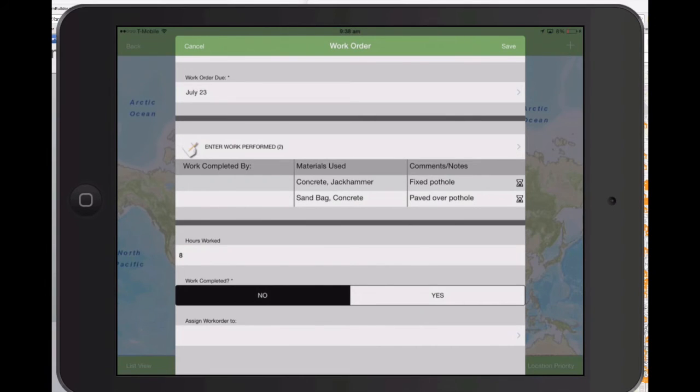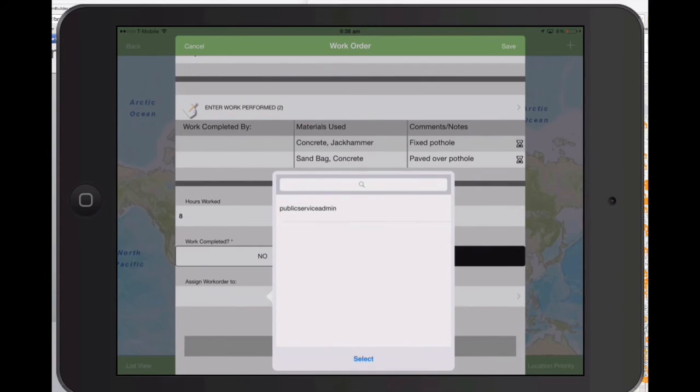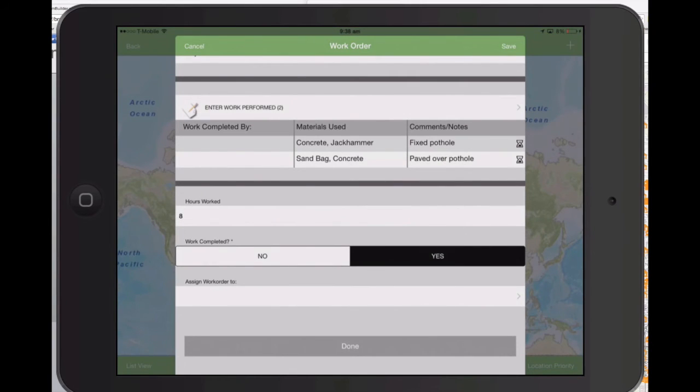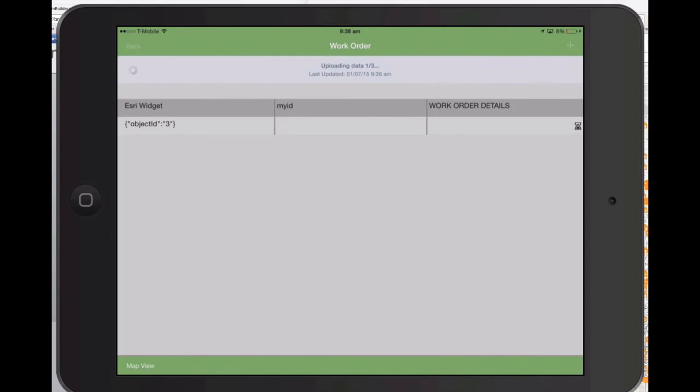We say that there's 8 hours completed for this. Is the work completed? Yes, it is completed. If it was not completed, we do have the option to assign this to another user out in the field. So this is pretty beneficial when you would finish half of it and then you want to send it over to someone else to continue working on. So we'll hit yes. In this scenario, it's all completed, so we don't need to assign it to anyone. We'll hit done here. And what it's going to do is upload this data to ArcGIS Online,